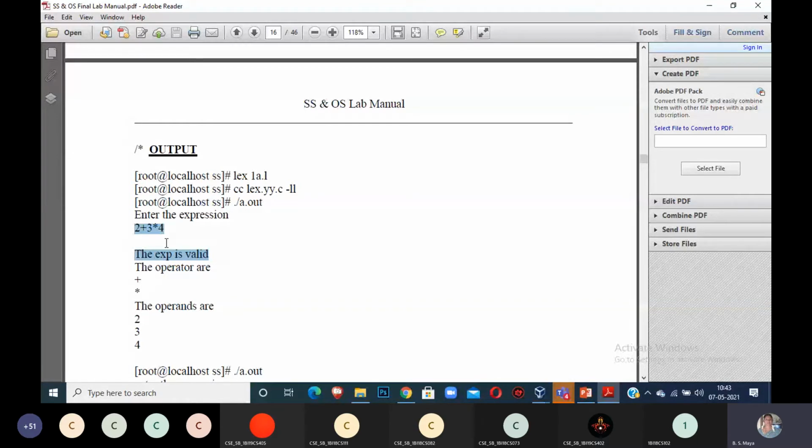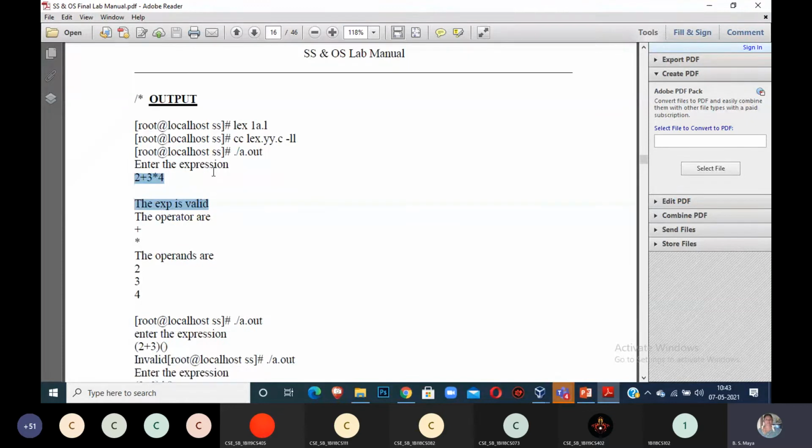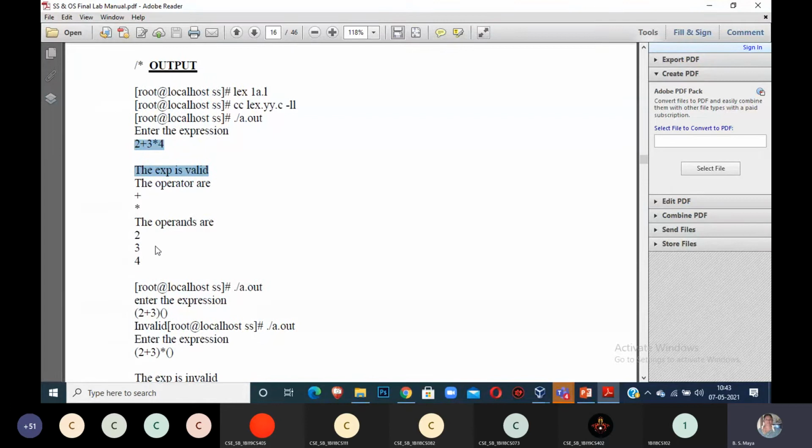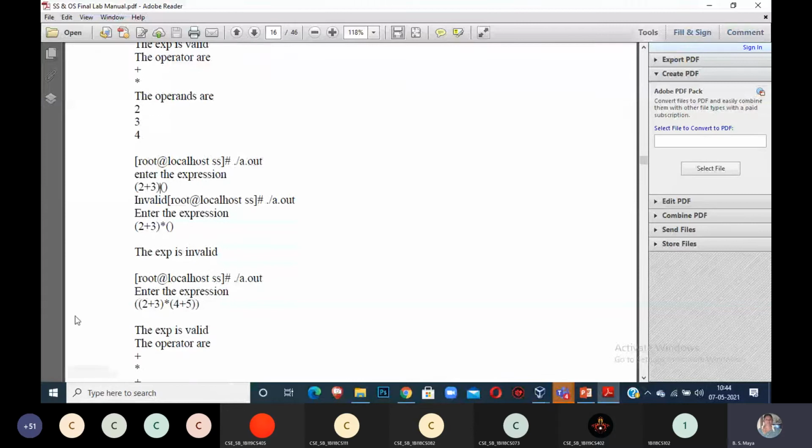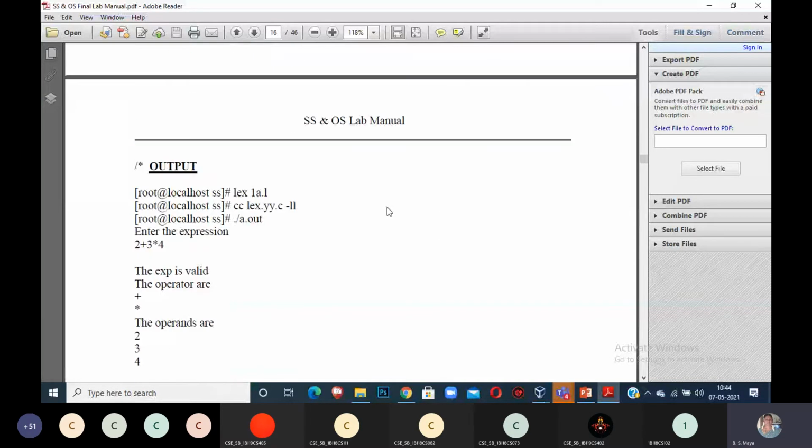If it is not valid, it will come here and go directly to the fail function. That expression is not valid because of this condition: once an open parenthesis is there, at least something should be there, or between a close parenthesis and an open parenthesis there is no operator. Okay, by normal human observation that expression is correct, but it should hold in computerized calculation. There should be an operator between them. Because of that it will be called an invalid expression. Clear?